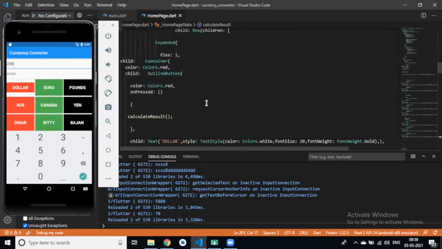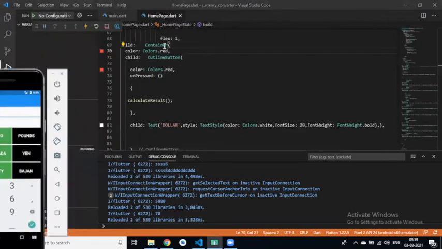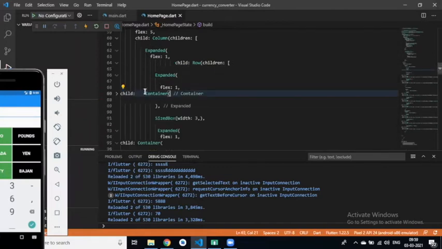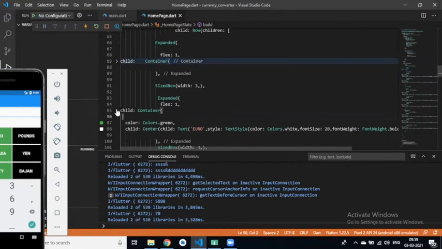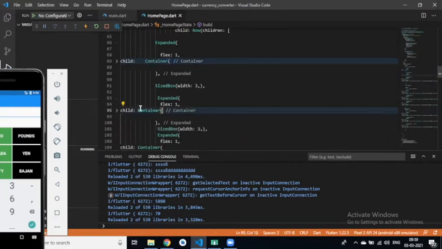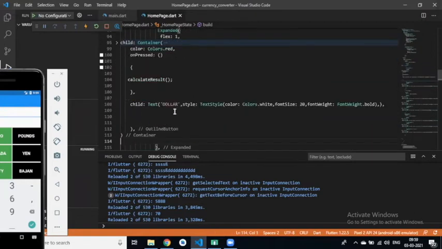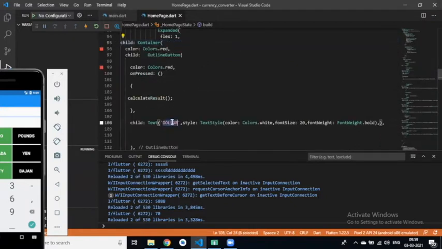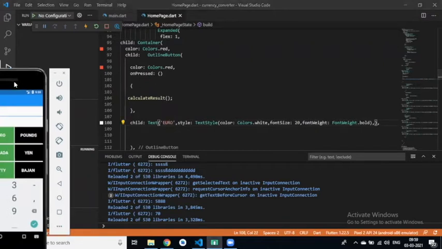Where is our button? Okay. So we have our outline button. Copy this button, and this one is our euro button, right? Understand what I'm doing?